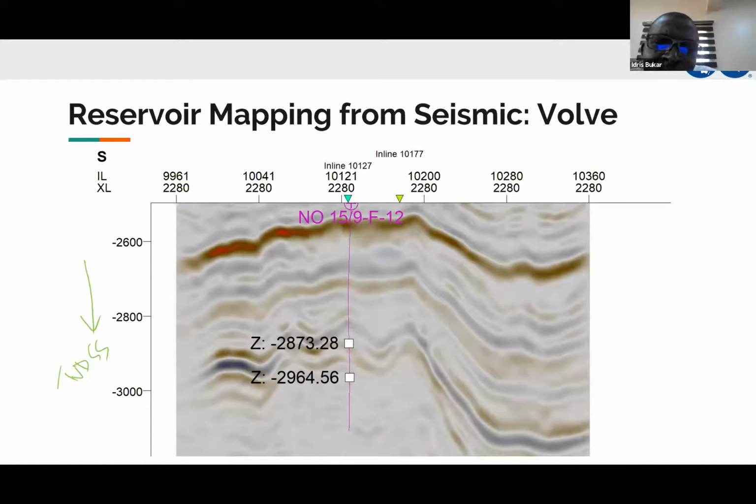Okay? Of course, to now use your wells to guide your interpretation, you need one of two things to happen. Either your wells to be in time, if your seismic has not been converted to time, or your seismic to have been depth converted, which is the case here. Okay, the seismic is in depth, so this is meters.